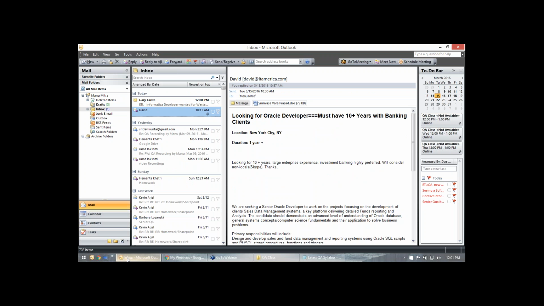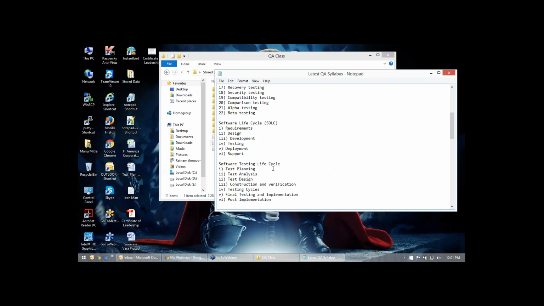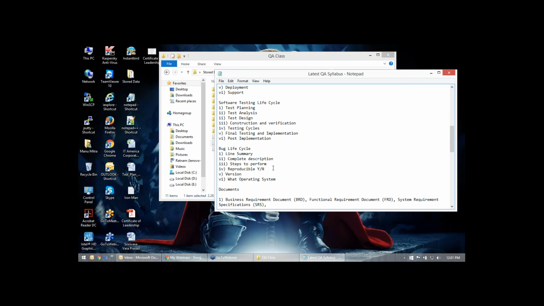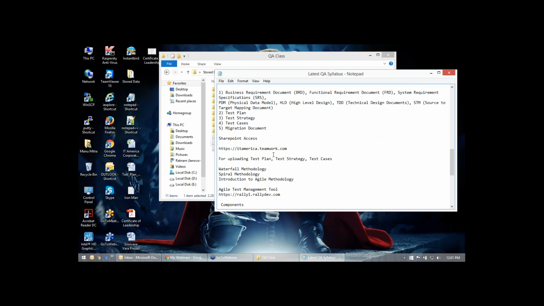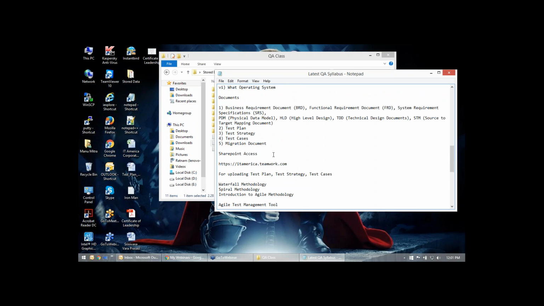3 days, right? Wednesday, Thursday, Friday. On the 21st I'll be giving you an introduction on QTP. On the 22nd I'll be giving you an introduction on LoadRunner. So we have 3 days, and I'll cover waterfall methodology and HDLC. So we are not done with HDLC. So these are all theoretical parts. Today I will start with the documentation part.